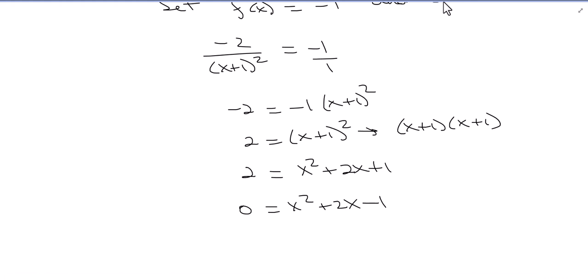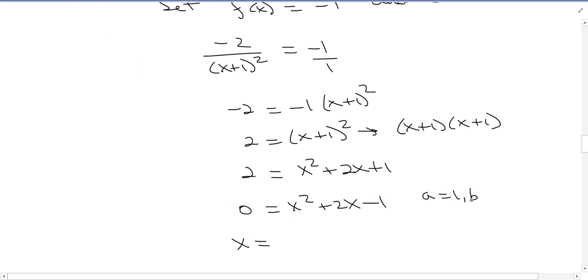To check if it factors, we want to see: are there two numbers that multiply to -1 and add up to 2? No. So let's use the quadratic formula. Using the quadratic formula, I know x is going to be minus b. What's a? a is 1, b is 2, c is -1. So negative b, so minus 2 plus or minus the square root of b squared, so 2 squared minus 4ac